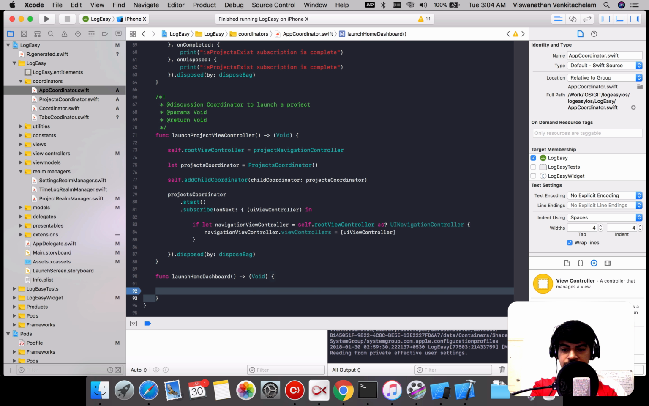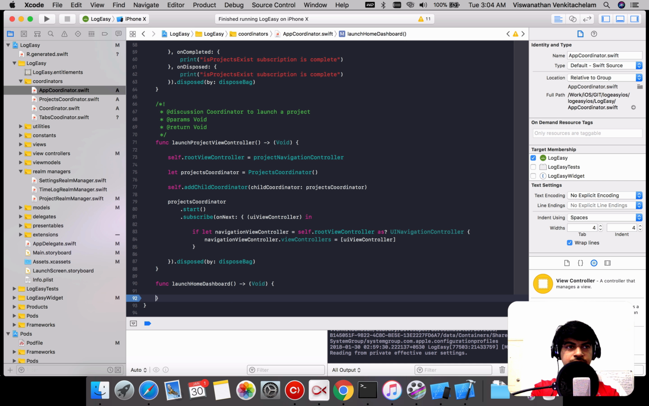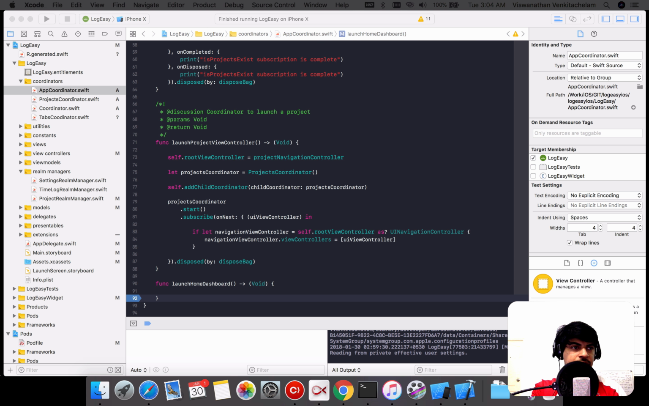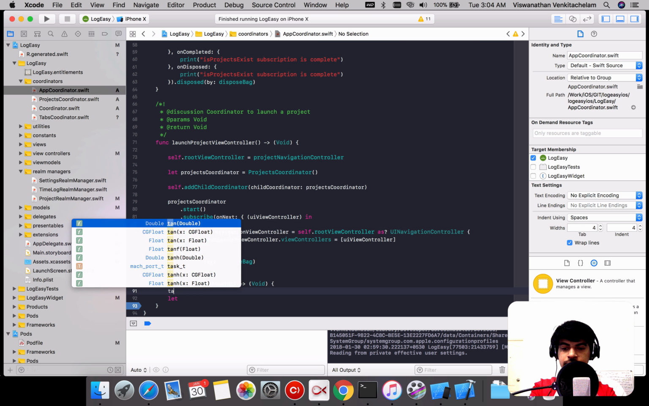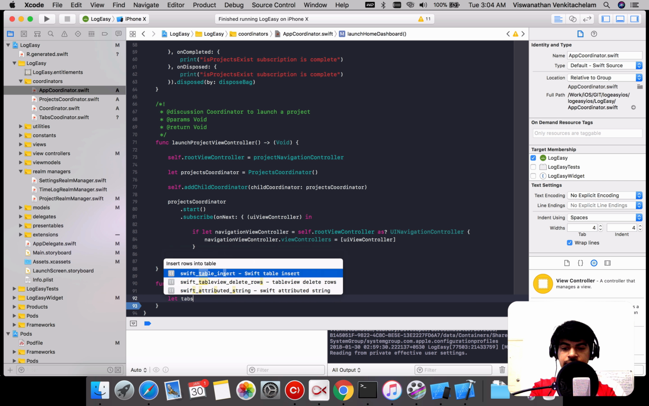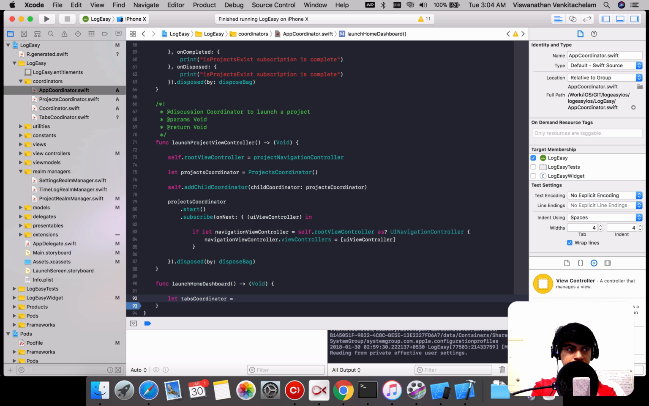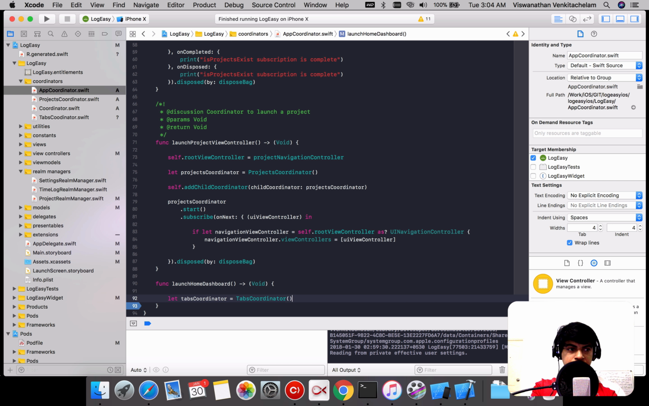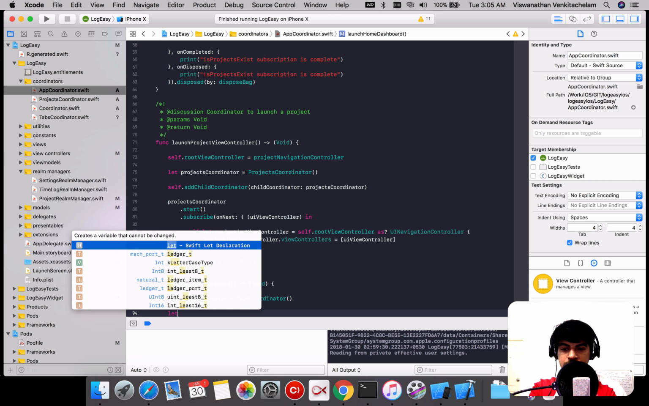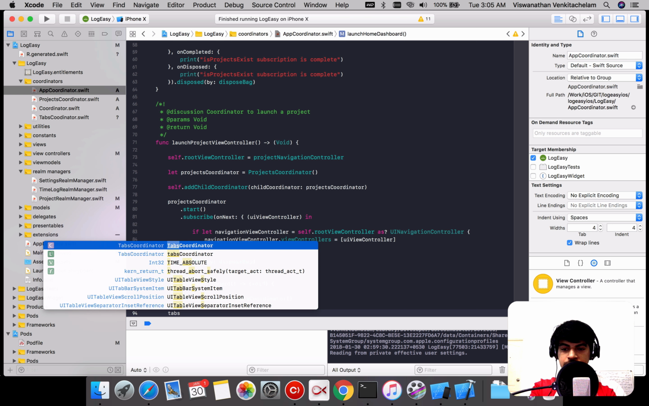So this is not what I will need as my root view controller there, because we need to reset it, because now it's a tab bar controller. So in this case we will launch the tabs coordinator, an instance of that, and I'll just call the start function of the tabs coordinator,